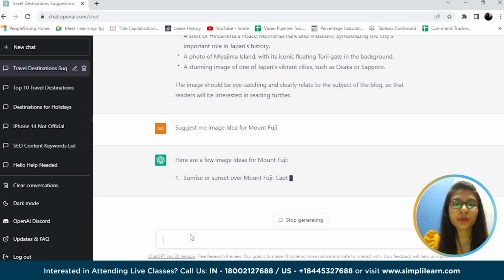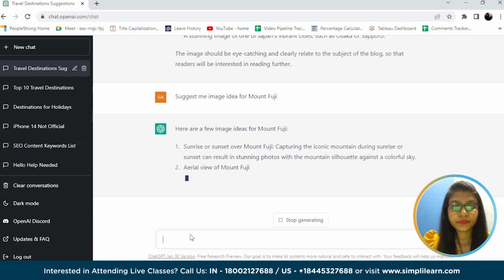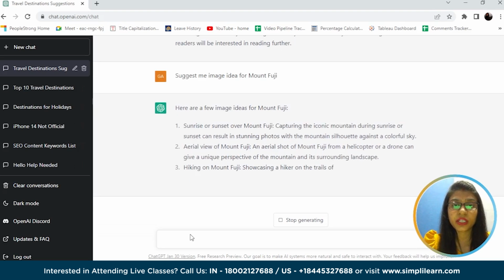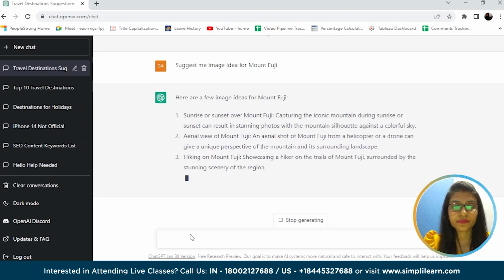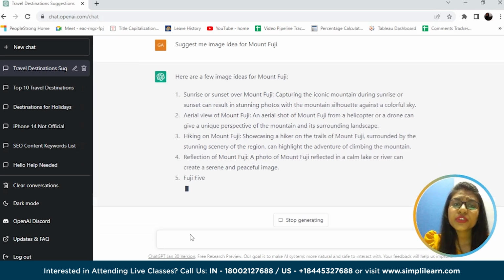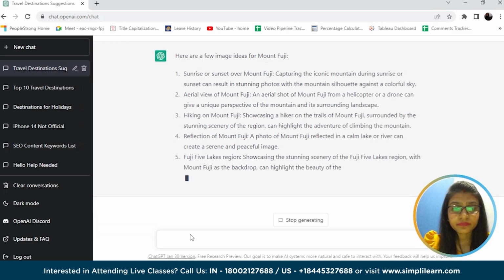Now let's see for this image suggestion specific to Mount Fuji. Okay, definitely it is showing a number of suggestions for the specific Mount Fuji image. So if you are looking to create another blog for Mount Fuji, then these ideas are easy to take up.